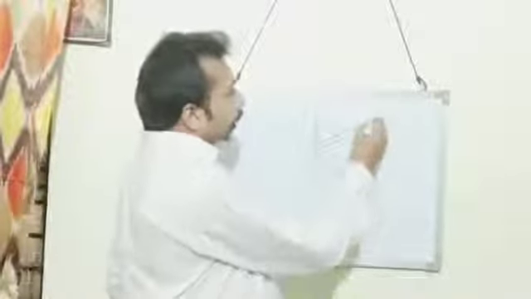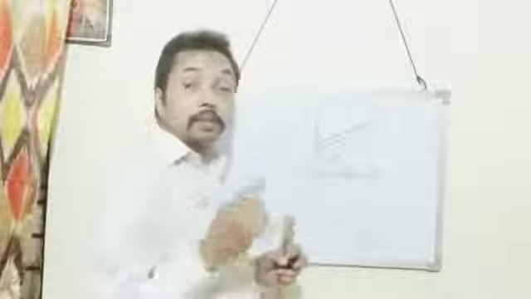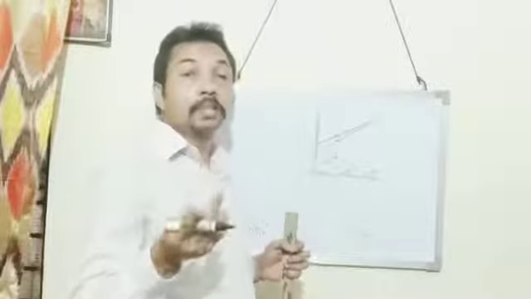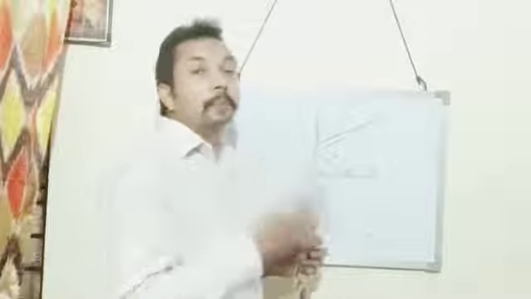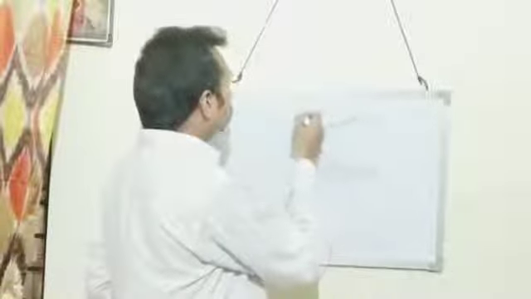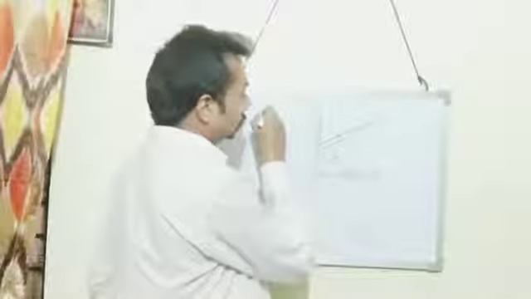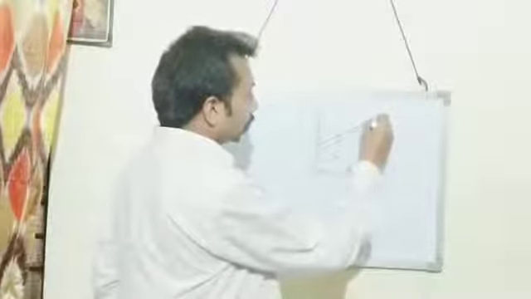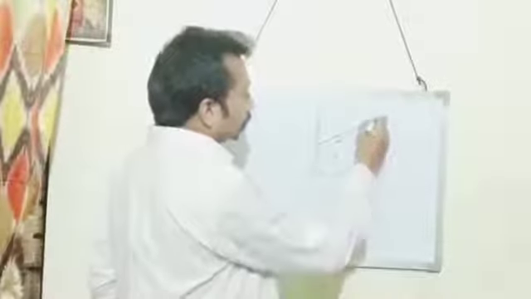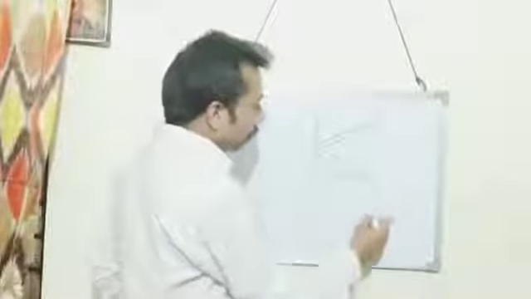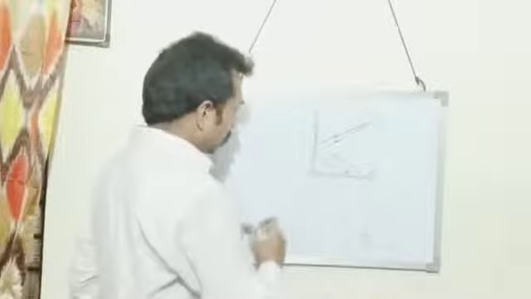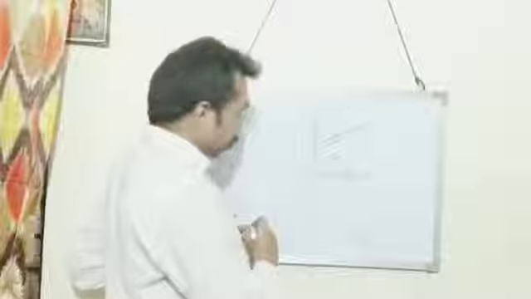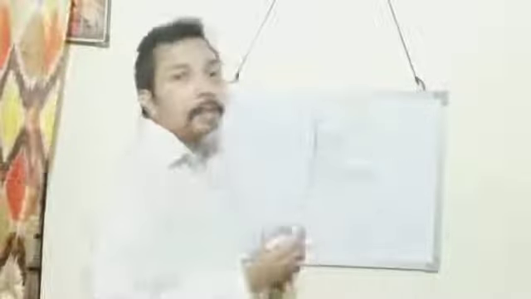The distance between the object and the mirror and the image and the mirror are equal. How much in front of this mirror the object is kept, that much distance behind the mirror is the image. Then this other image, how it is formed, is already drawn. So this way 3 images are formed.